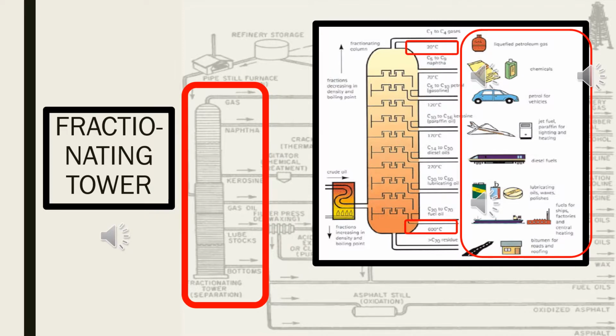The fractions recovered, starting at the lower parts of the distillation column, comprise heavy fuel oils and bitumen. At a higher level than that, diesel oil, fuel for cars, lorries, buses, and other heavy industry, generators, is collected. At the further level going to the top, kerosene as a fuel for aircraft is collected, followed by naphtha, which is used to make a variety of chemicals ranging from polymers, other organic solvents, plastics, rubbers, esters, aldehydes, ketones,